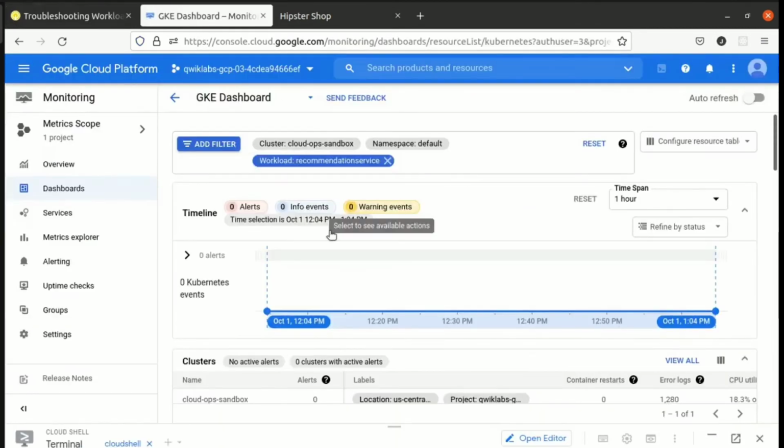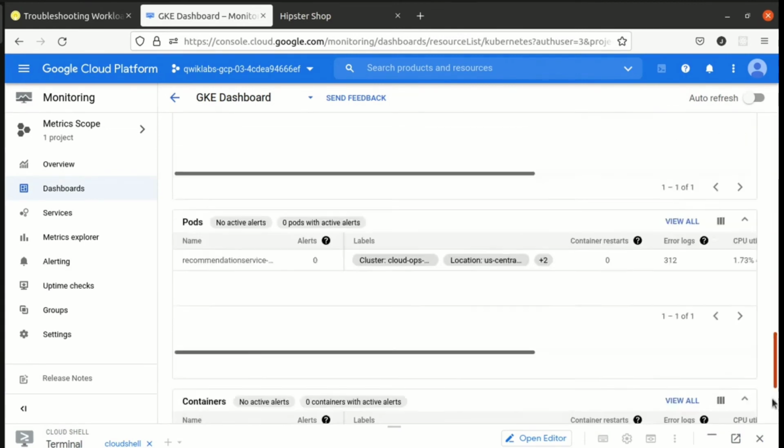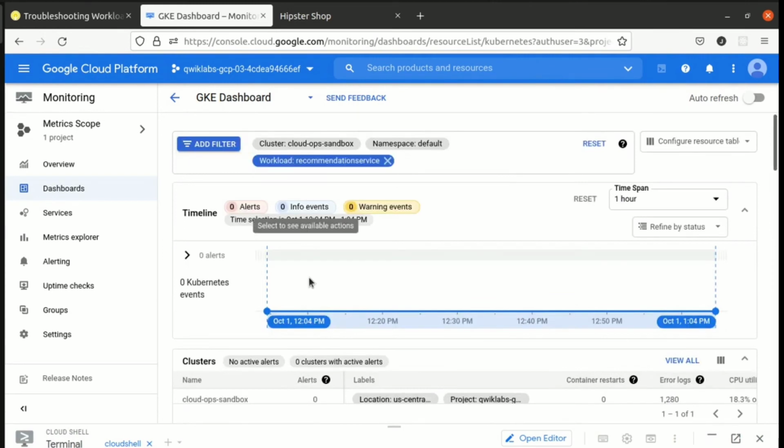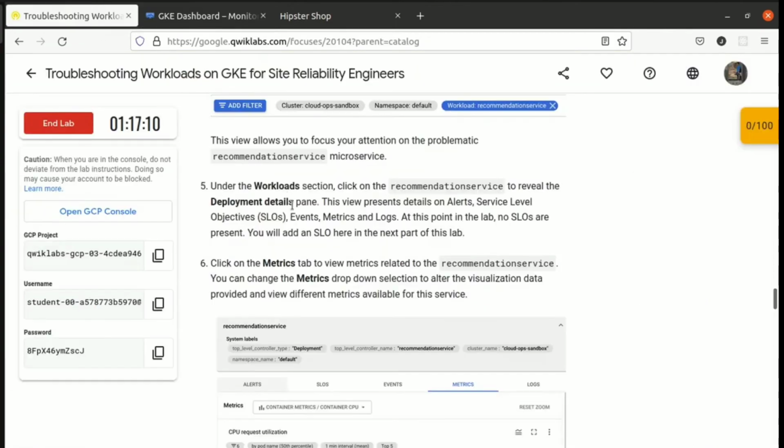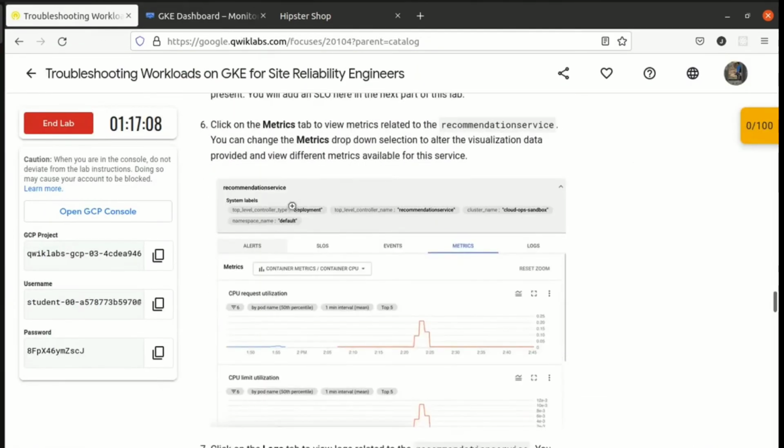Okay, I will click here. Okay, this is the workload section, right, guys? I will simply go forward now.